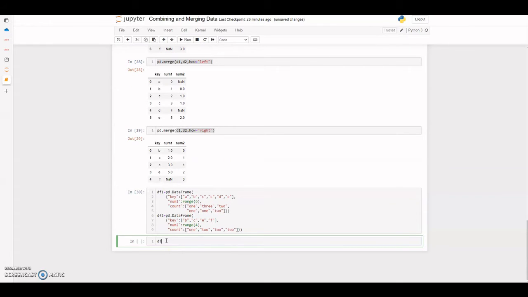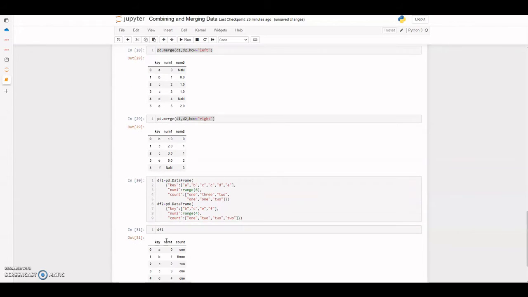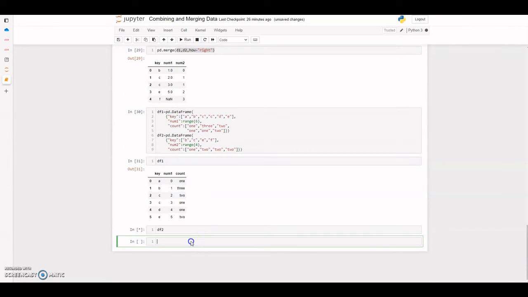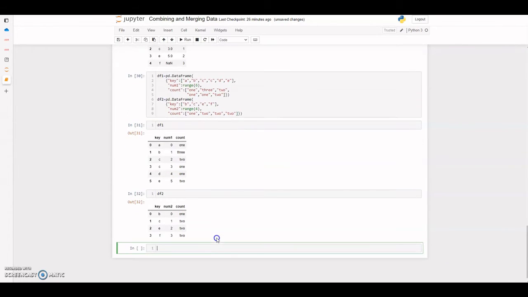Now let us execute df1. Now let us also see what is there in df2. Okay, this time I would like to execute, let me just use pd.merge. Now we are merging df1 and df2